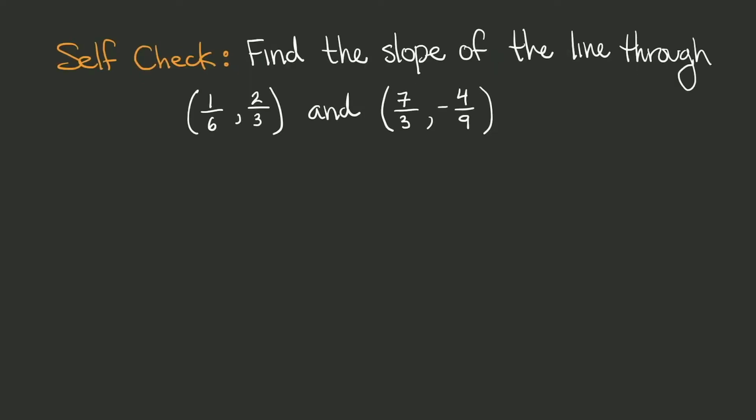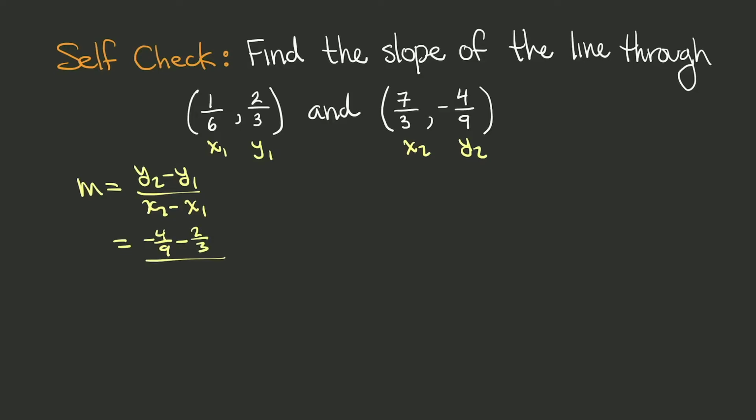Let's check for understanding. Work this one out on your own first, and then come back and double check your answer. Here we're supposed to find the slope of the line through the two given points. Let's call them x1, y1, and x2, y2. Then our formula is going to be y2 minus y1, that's our rise, over x2 minus x1. That's our run. So we'll have, plugging in the values, -4/9 minus 2/3, divided by 7/3